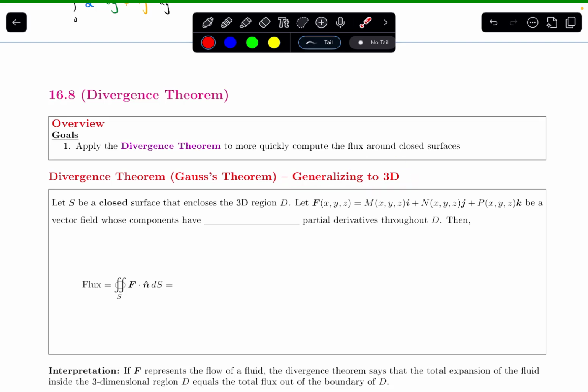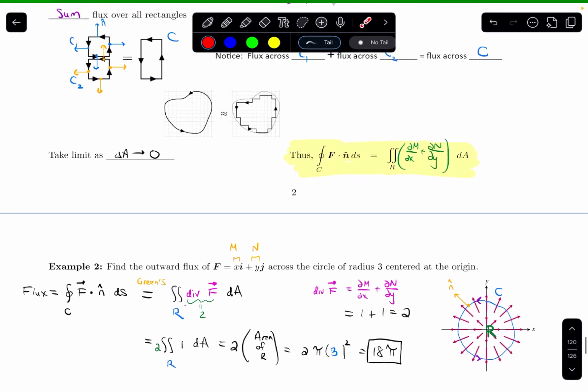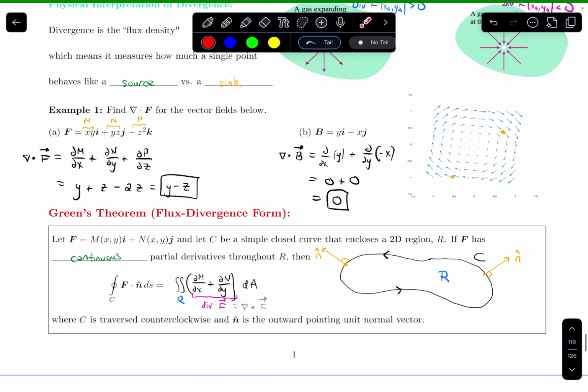So let's first quickly remind ourselves, what does Green's theorem say? Let's flip it back in our notes a couple pages. With Green's theorem, we were talking about a closed curve in the plane, so a curve that starts and ends at the same spot. And we were drawing our unit normal vector oriented outward from that curve. And what it said was, if we want to calculate the flux of that vector field across this closed curve, that's going to be equal to the double integral over this internal region, which we're calling R, of the divergence